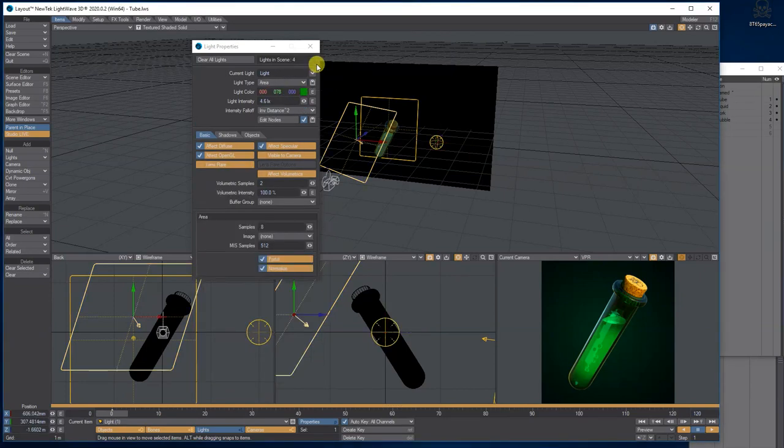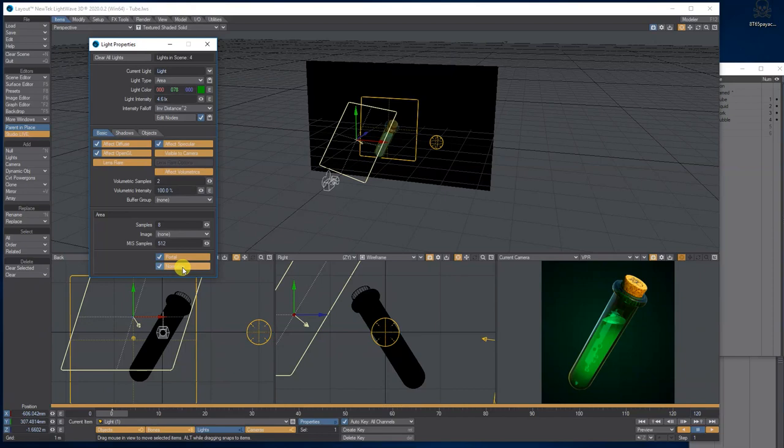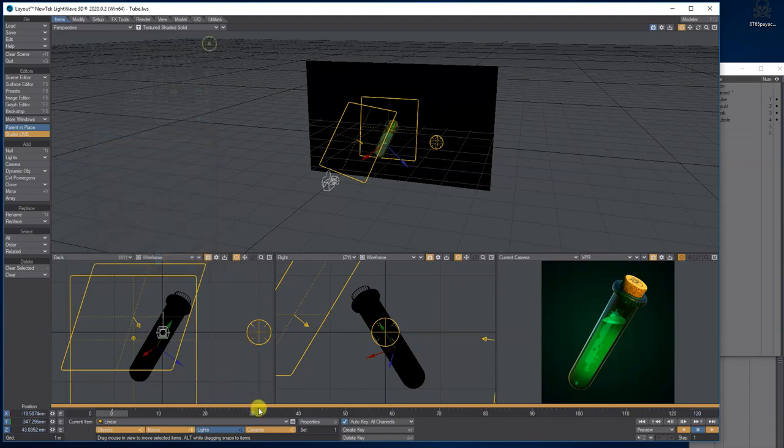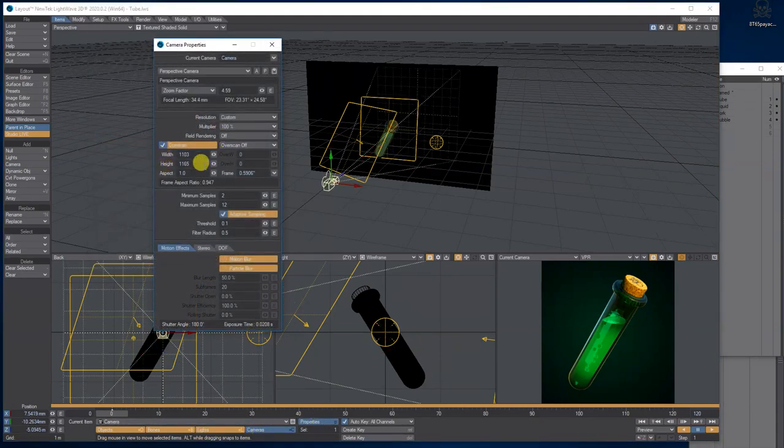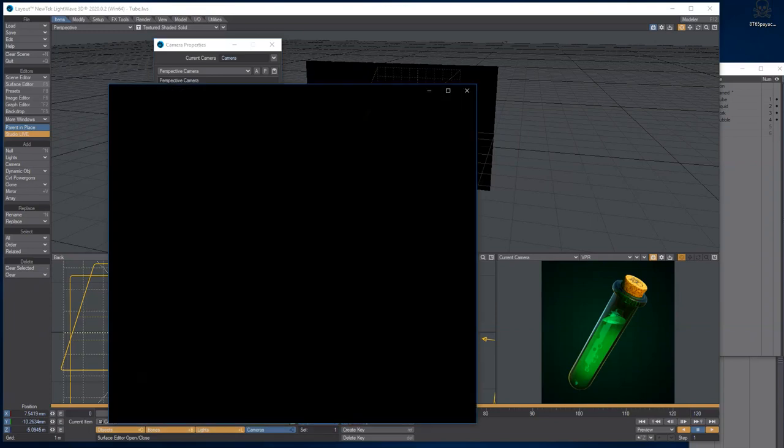I've got an area light with portal and normalize on, and it's a similar green to the bottle at 4.6. I've duplicated that and put it at the back, but made it white at 4 with just portal on, so you get this white shimmer down it. And then the linear light is inside the bottle to make it look slightly glowy, and that's how I set it up for that. And the only other thing is the camera, and here are the rough camera settings, and then I just rendered it out, and that's what you got.